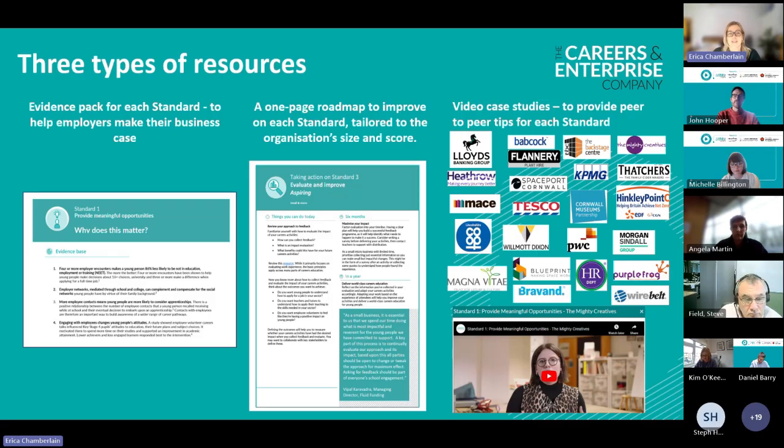We wouldn't expect you to go and use the resources for all 9 standards at once. We'd expect you to tailor it to yourself. And this is incredibly important, that this is self-led for business, that you choose what is your priority as a business, where you think it's going to really support you in terms of what you're trying to achieve for that year.